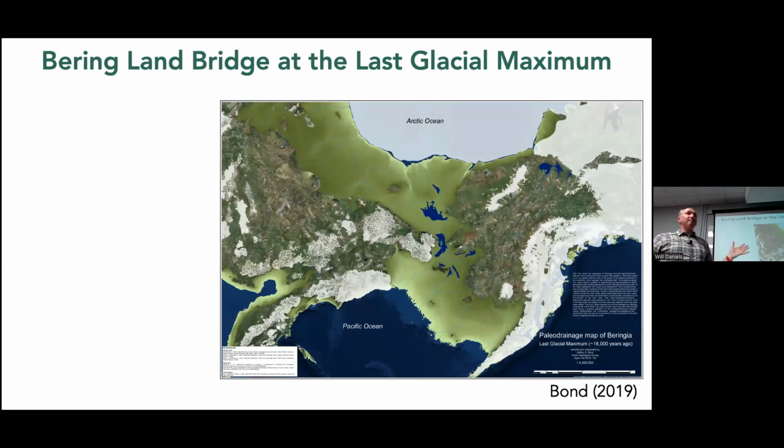So, Beringia, the Bering land bridge at the last glacial maximum. This is a map representing the geography from about 18,000 years ago. This map was just released in 2019. Jeff Bond with the Canadian Geological Survey made this map, and he did his best to combine the current topography and geography with a reconstruction of the shorelines during the LGM when sea level was 150 meters lower. And so you can see the extent of land represented by this green shaded area